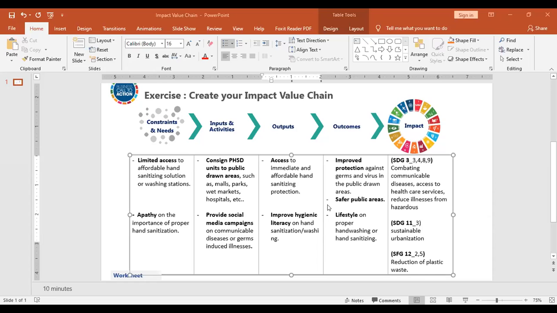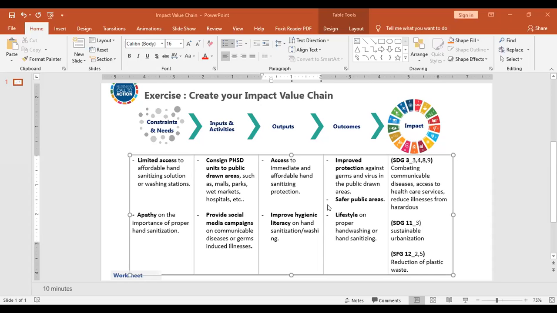And as a result, it will make public areas safer for those who weren't able to bring an alcohol or don't have time to wash their hands. And also, more importantly, the lifestyle of proper hand washing or hand sanitizing.